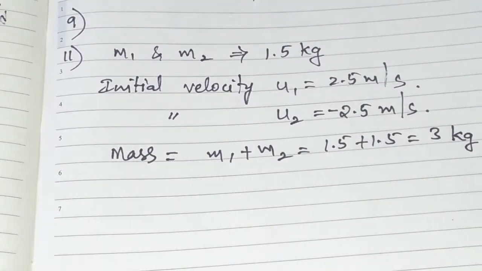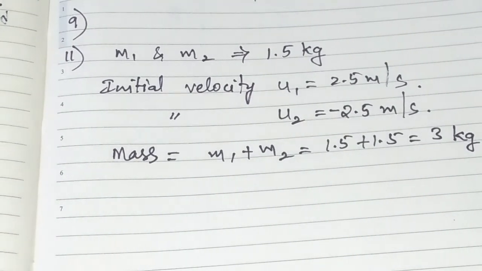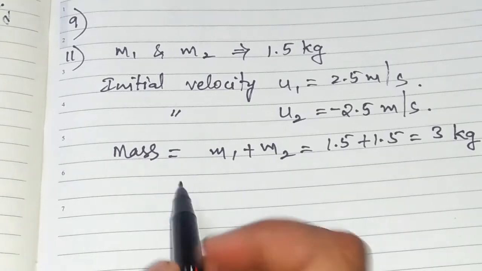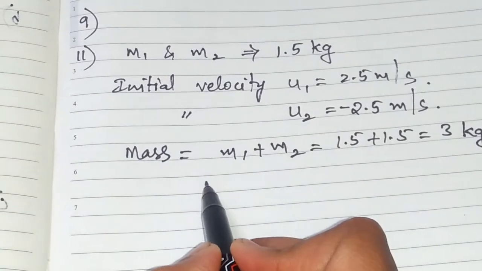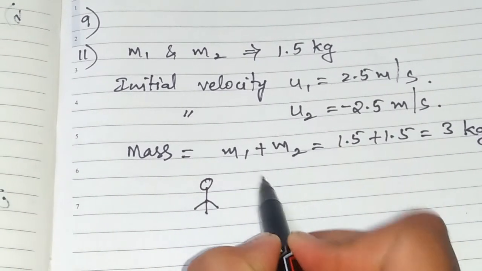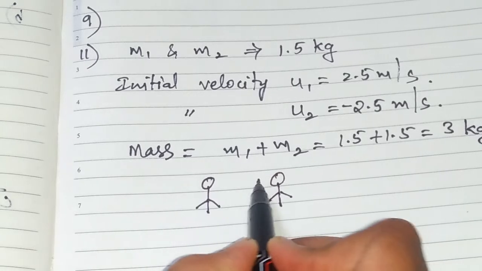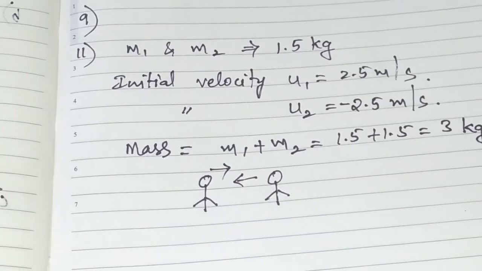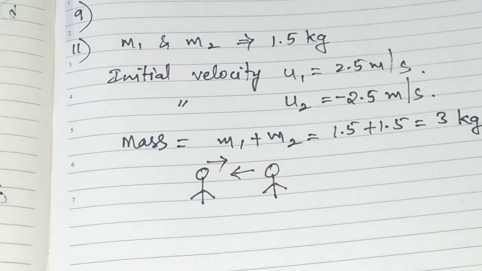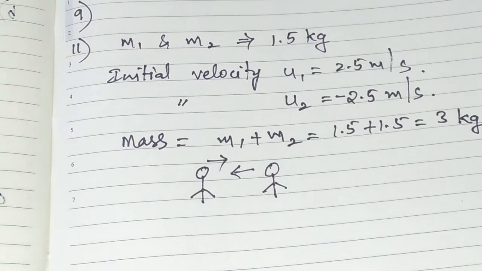What is happening to the final velocity? But before calculation, children, just try to remember one small thing. In our class also sometimes two persons are coming in opposite directions. If both of them have the same mass and both are coming with the same velocity, then what will happen?